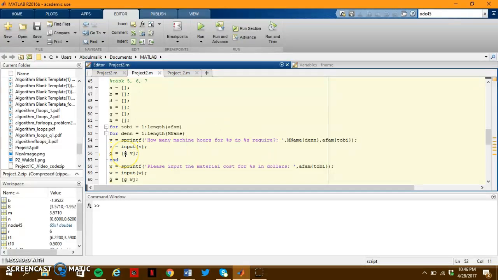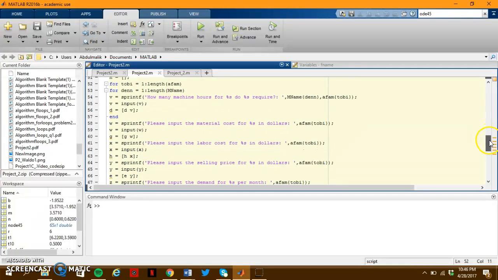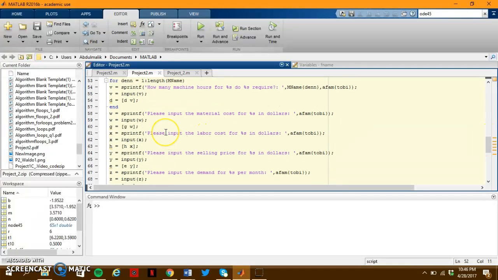The d is basically letting us keep the values that we have in v so they don't get erased, so we can input a matrix that we'll be using later. And here we're going to end it. Now we have multiple sprintfs, so we can do the same exact thing that we did before. But we don't need to put this into for loops because we're not going to be using it multiple times. We're just using it